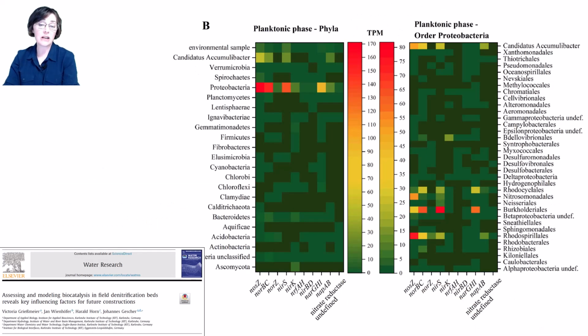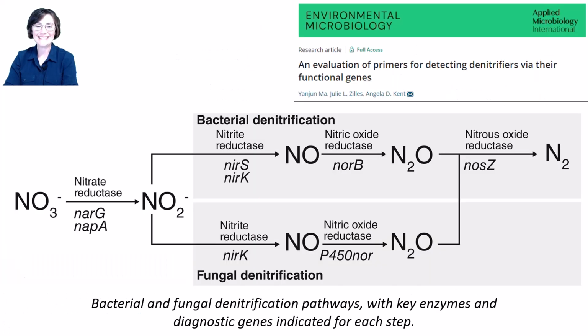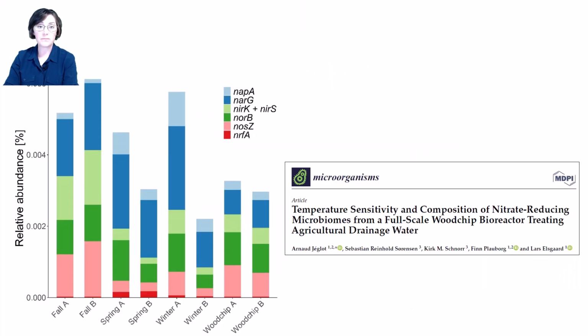But again, we're just starting to scratch the surface of bioreactor microbiology, and for example, this study found that key organisms for denitrification belong mostly to the order Burkholderia. These newer studies are improving understanding of the genes involved in allowing denitrification to happen. The genes NIRK and NIRS, which catalyze the reduction of nitrite to nitric oxide, are used as marker genes to study denitrifiers. Note the temperature sensitivity mentioned here, along with these genes being studied.